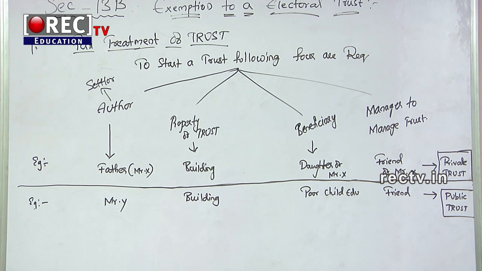Now, registration of trust. To avail exemption under section 11 and 12, a trust should be registered with the Commissioner of Income Tax Department. Without registration, though a trust may be doing charity, it cannot avail the benefit of section 11 and 12, that is, exemption under section 11 and 12. For the application made for registration to the Commissioner of Income Tax, the application has to be deposited within 6 months from the end of the month in which the application is made.